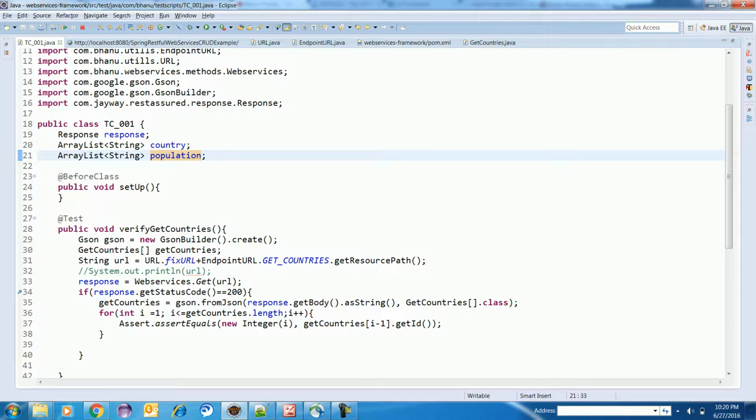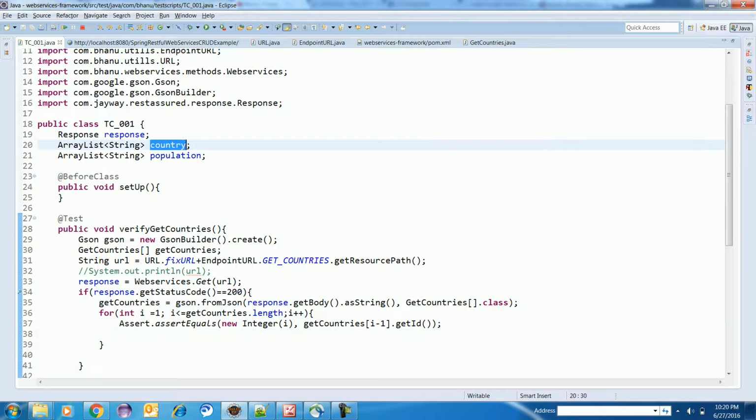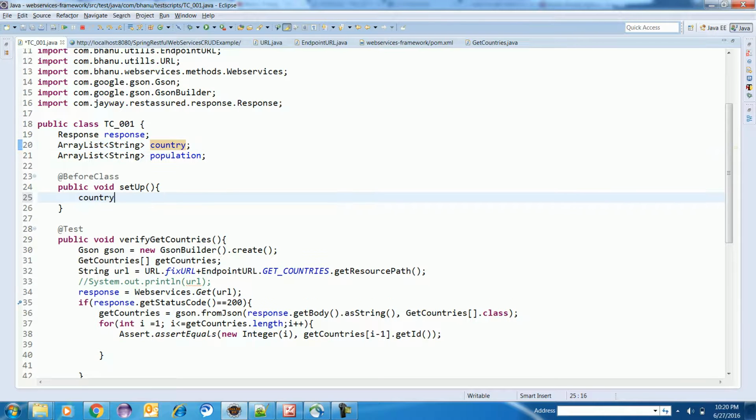as I know that for every ID in the response it has the country name as well as the population. So in my before class I will make the array list.